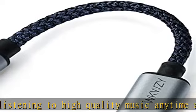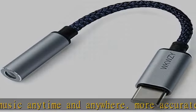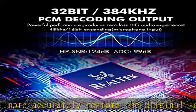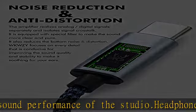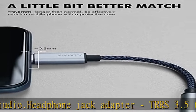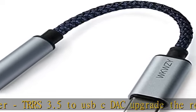32-bit USB-C to auxiliary dongle, built with high-quality materials to ensure superior durability, compact size and minimalist design, weighing only 0.14 ounces, easy to carry, 0.5 mm longer than normal, to effectively match a mobile phone with a protective case. Wide compatibility, works with a wide range of USB-C Android devices, Switch game consoles and even